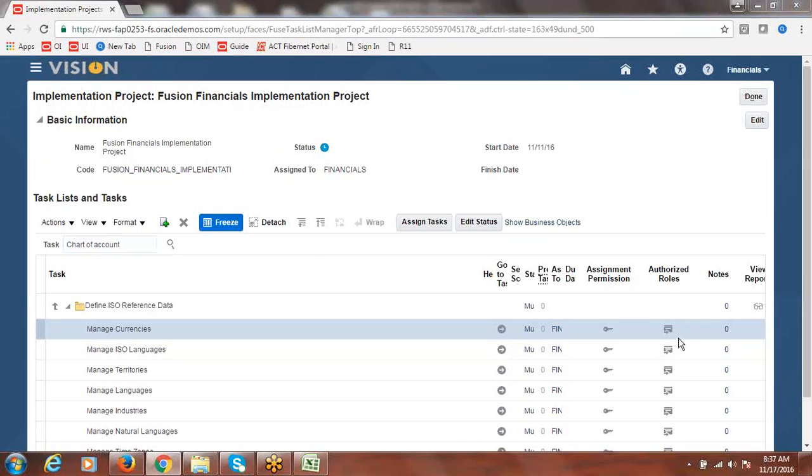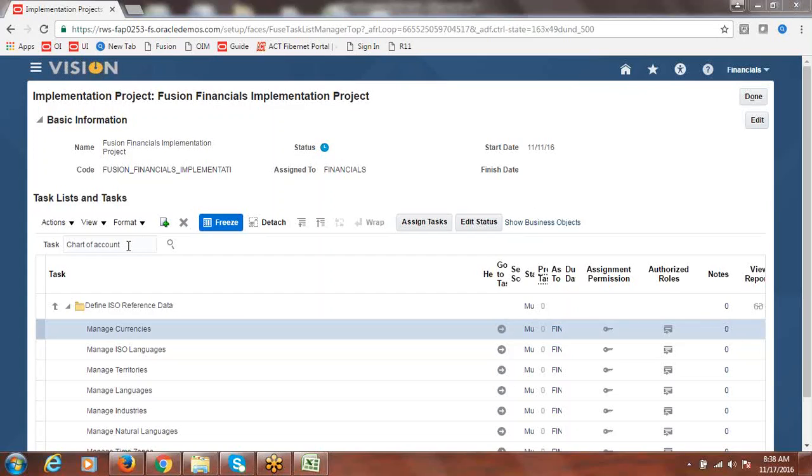I have one question from Ankit. In R12, we can define a one-level parent and child value set hierarchy. Yes, here we can do multiple levels. Even in EBS it is not only one level; we can set multiple levels, and parents can have grandparents also. That's how we can build it, and here we can do the same. But I'll be covering that when we are loading the chart of accounts. That job is very easy for us to do. I'll be covering that for sure. You will see that.